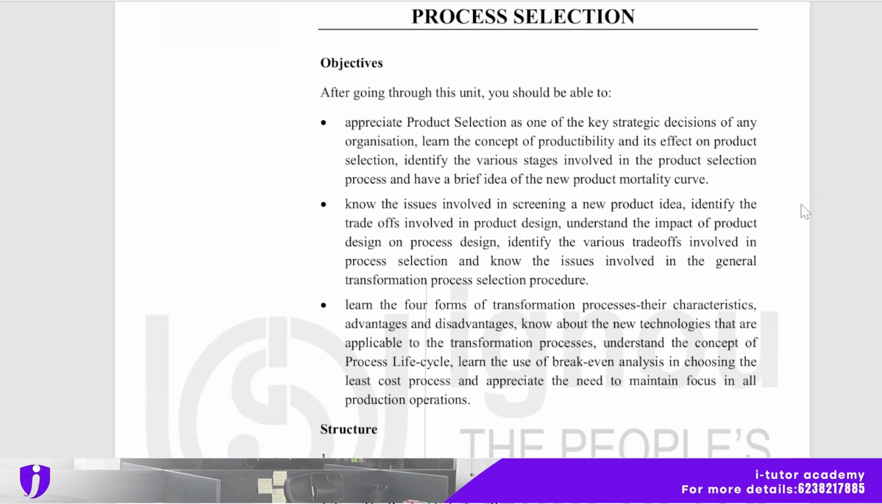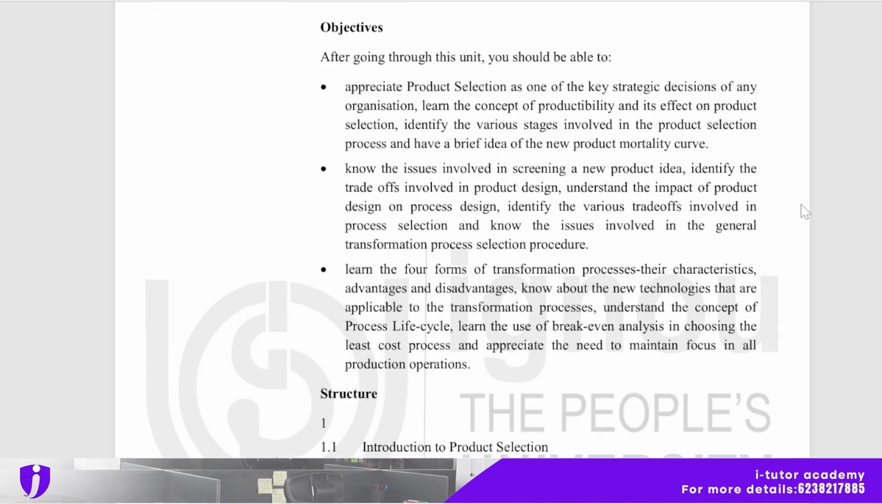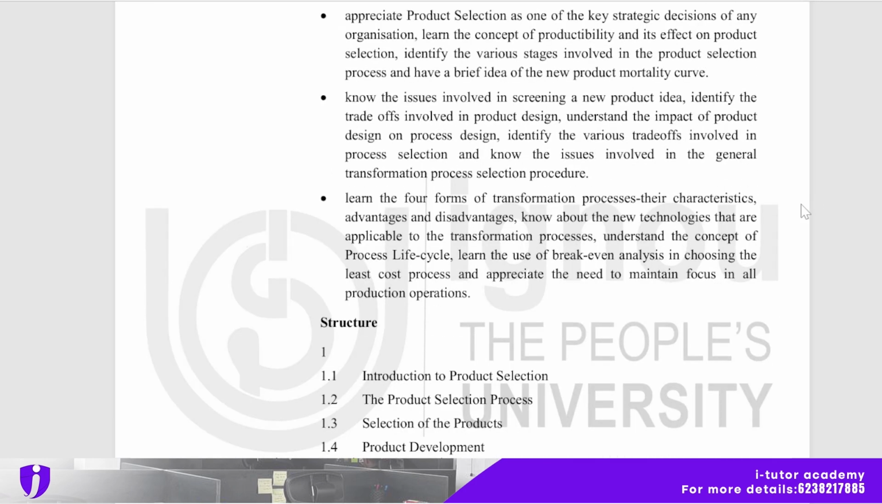So the objectives of this unit are: appreciate product selection as one of the key strategic decisions of any organization, learn the concept of producibility and its effect on product selection, identify the various stages involved in the product selection process and have a brief idea of the new product mortality curve, and know the issues involved in screening a new product idea, identify the trade-offs involved in product design, understand the impact of product design on process design, identify the various trade-offs involved in process selection, and know the issues involved in the general transformation process selection